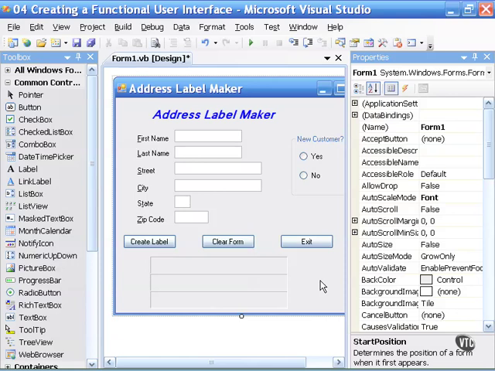In this movie, we will use our address label maker program one more time to discuss two of the properties associated with the entire form. Instead of each individual control, these two properties I'm going to mention are associated with the entire form. First, we will look at the start position property, making sure that you have the form itself as the focus,